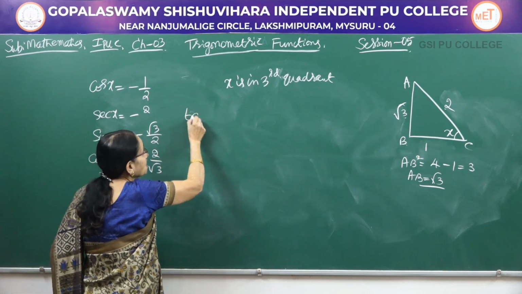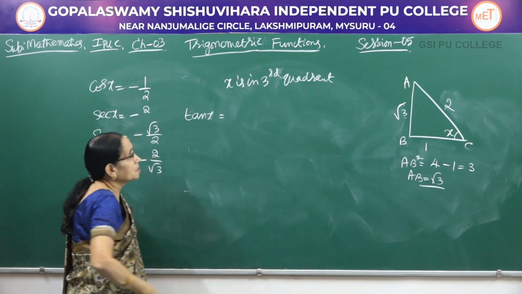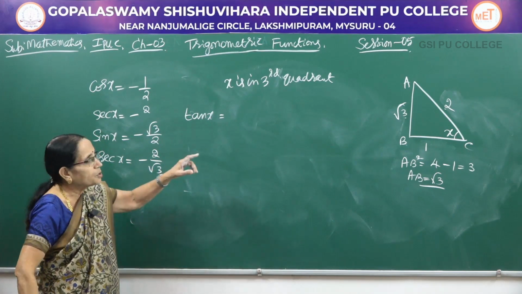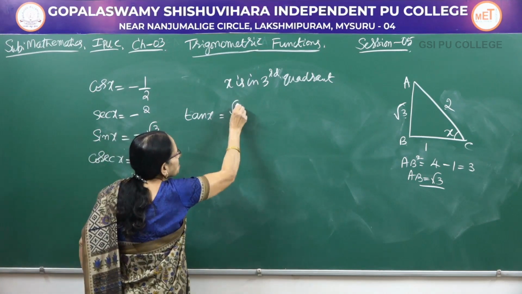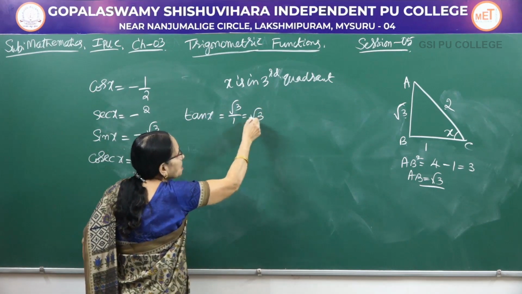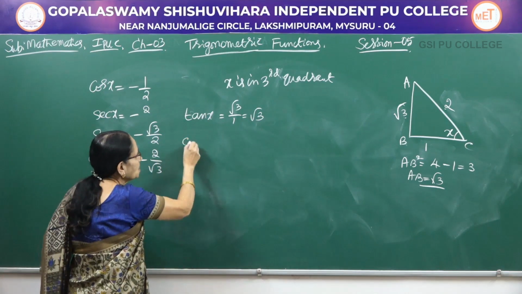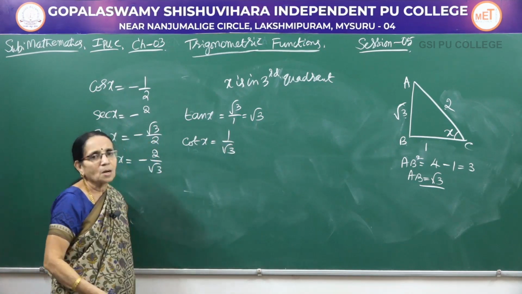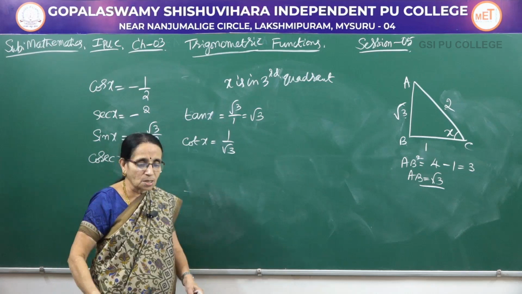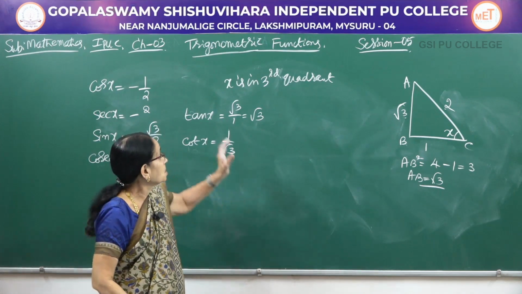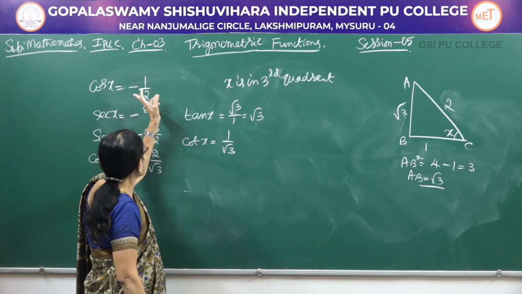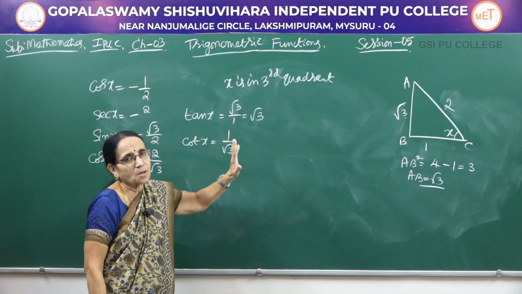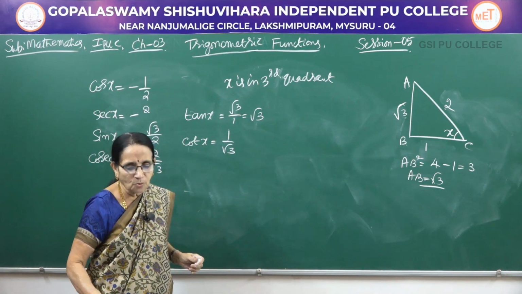And then is tan x. Now remember, tan is positive in the third quadrant, and how do you define it? It is opposite over the adjacent side, that is root 3 by 1, or you can write it as square root of 3. Finally, cot x, it is the reciprocal of this, means it is 1 by root of 3. So, this is the procedure we follow. So, always see the ratio. If it is given as minus or plus, do not worry about that one. In the figure, better you do not write the sign, that may be confusing for you.